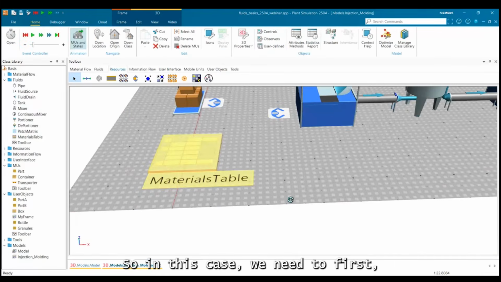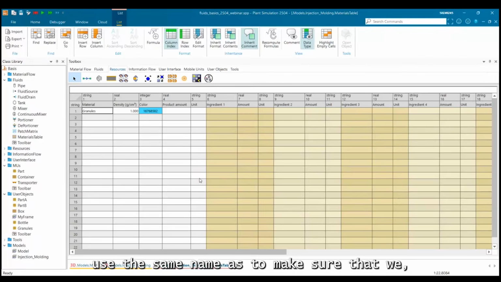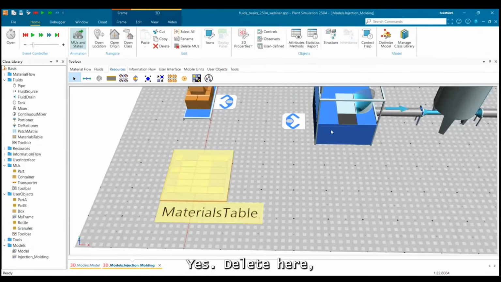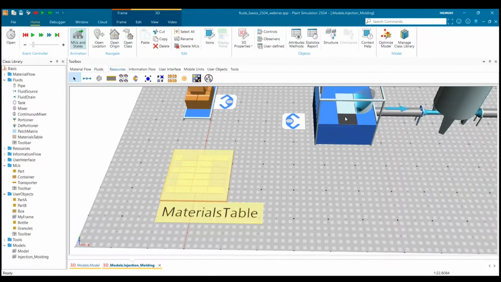In this case, we need to use the same name as the MU that we delayed here through the deportioner, and create the fluid.